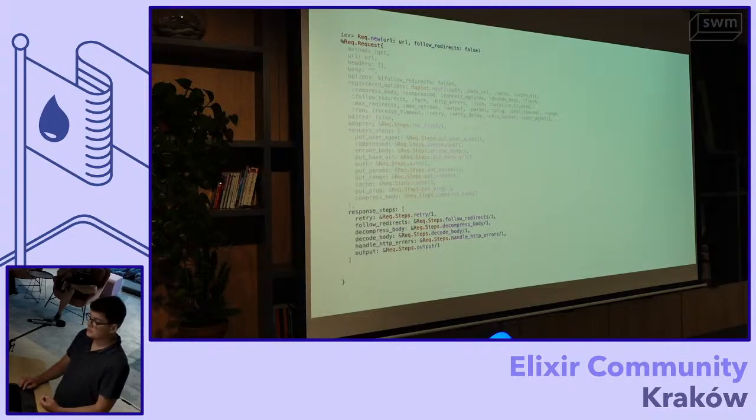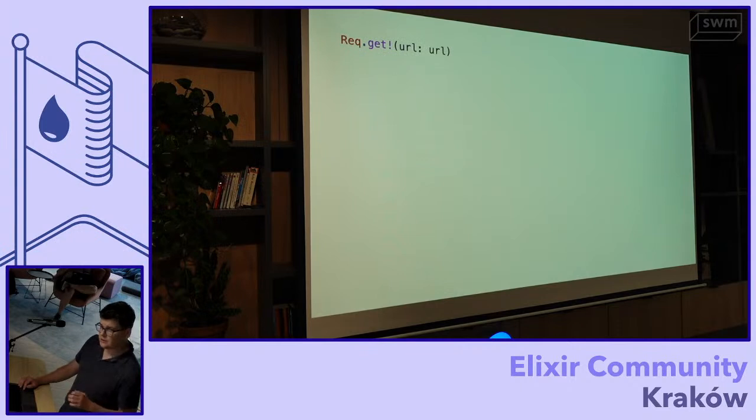We have response steps. After we got a response back from the server, we would run these. And then we have error steps. If instead of a response we got an error, maybe there was a timeout, maybe the server is not even there, we'd get an error. We also have a private field, to store some arbitrary state between steps when you implement them.